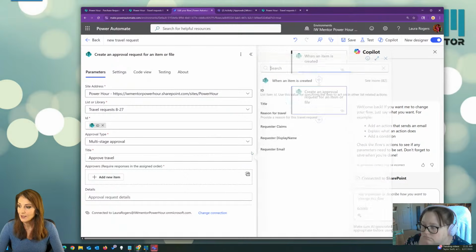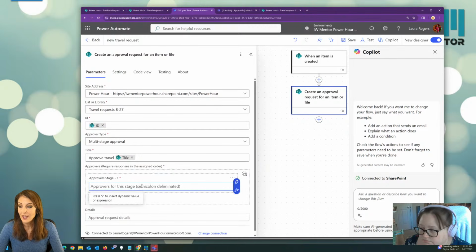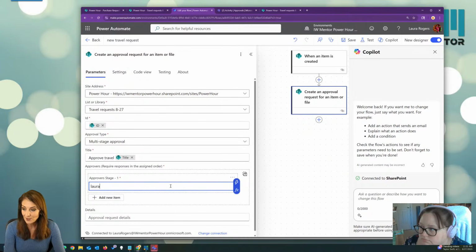And then just put the title in there again. And then here's all the different approvers. So something to note is that it will not let you put the same person in multiple stages here. So even if you're testing it and you just want to send it to yourself, it's not going to let you. That's the first thing I tried, is I just put my own name in 3 different stages, and it did not work that way. So the first approver, I'm just going to type,